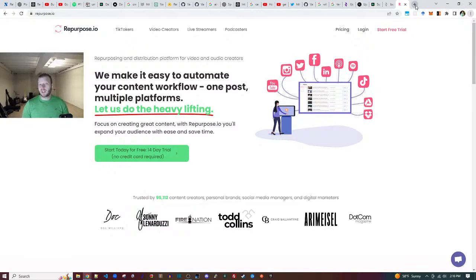But working with Google Drive might not be the right way to do this either. After all, Google Drive does not have transcription out of the box. Someone who does have transcription out of the box is YouTube. And repurpose.io takes my TikToks and not only puts them in Google Drive, but also puts them to YouTube Reels and some other places. So we're going to check out some options. That's what this video is all about.